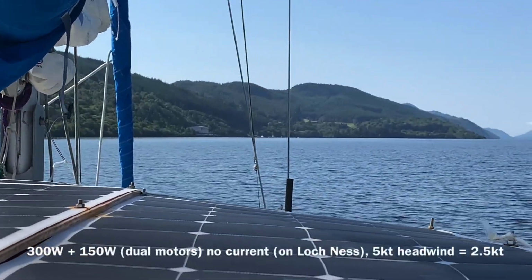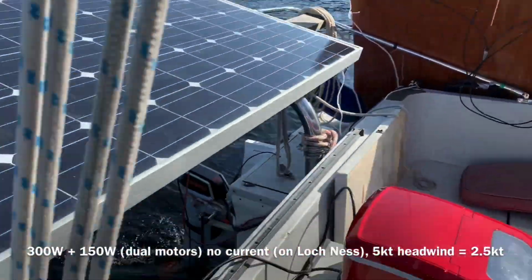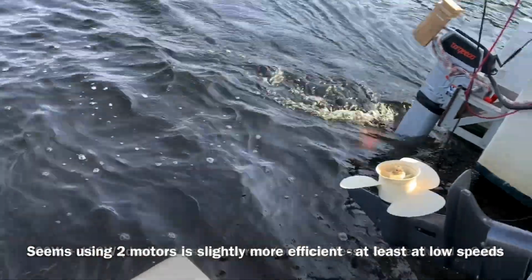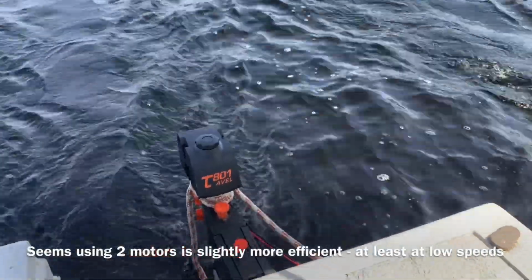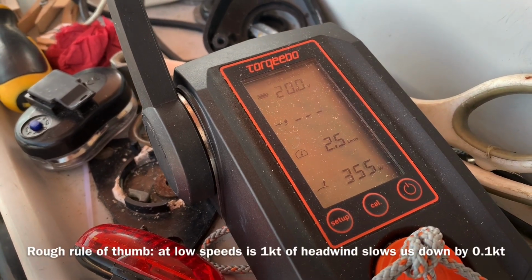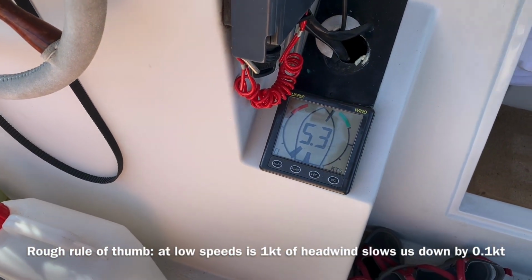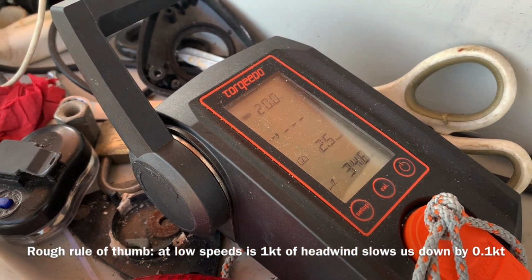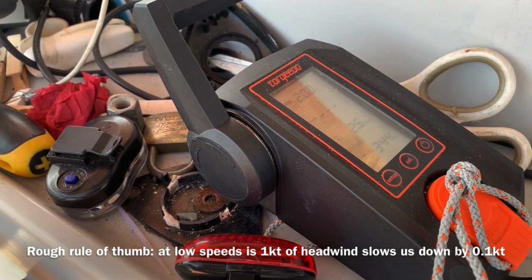Coming up to Foyers here, doing about 2.5 knots. And these are the engines that are doing the work. This one's got about 150 watts going into it. That one about 300 watts. And they're pushing us along at 2.5 knots into a slight headwind. So we're doing 2.5 knots now. We've got 2 Torqeedos going in with about 500 watts. But what I'm realizing is every knot of reduced headwind speeds us up by about 0.1 of a knot. So this goes along with the previous reckoning of 10 knots of headwind being similar to 1 adverse knot of